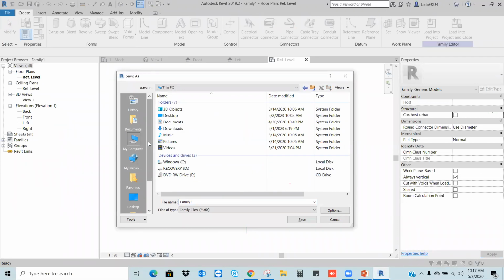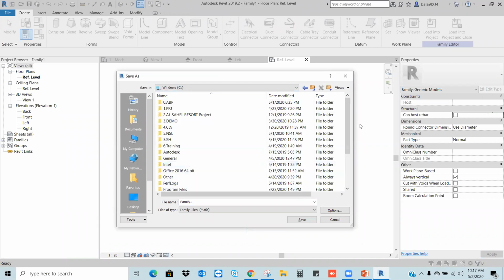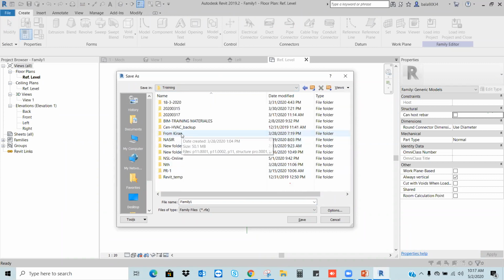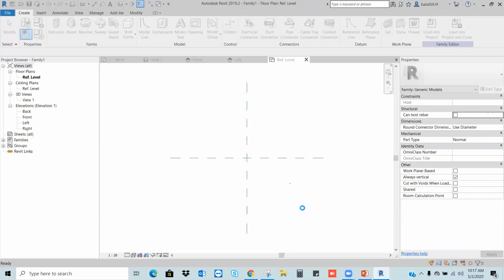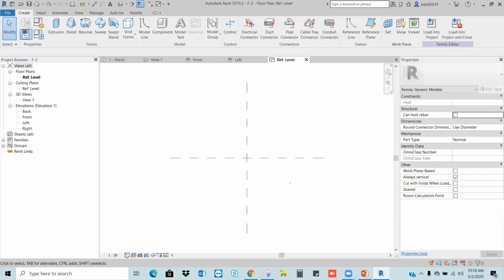I want to create a family, let's say F2. Now I want to create one rectangular solid form here, with a parameter.